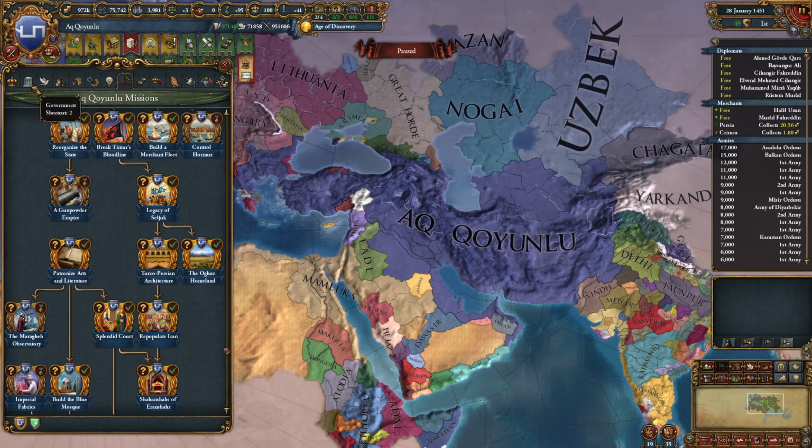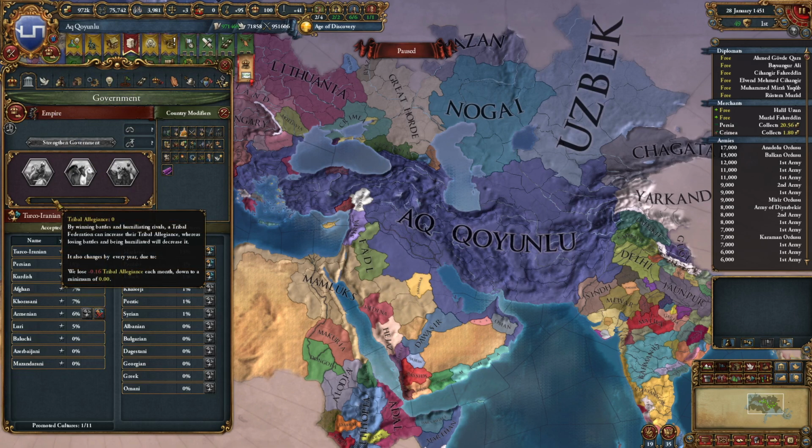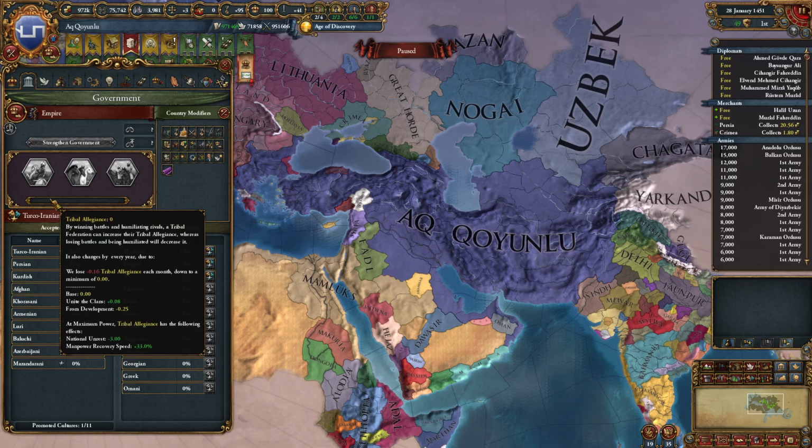The first thing I got wrong is tribal allegiance. You do not get this from fighting rebels. You have to fight actual tags. I must have seen a battle with the rebels and an actual tag and didn't realize it came from the normal battle. Sorry for giving you guys bad information, but on top of that, as you can see here,